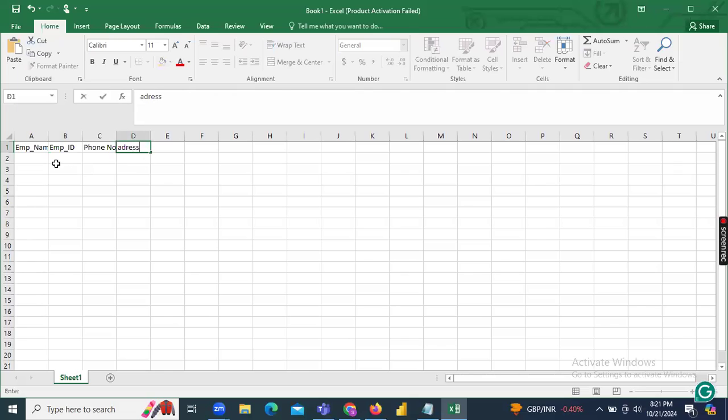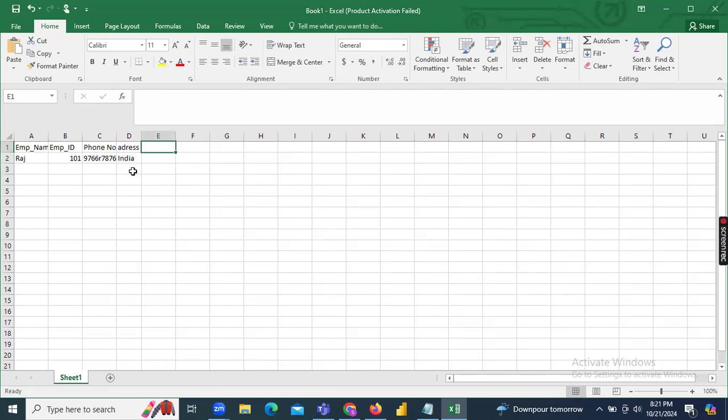Everything you will give here. So for employee name, take some person, for example Raj, or his mail; his employee ID is 101, some random number I'm going to give. And then address. He's from India, for example, so he's giving some address.